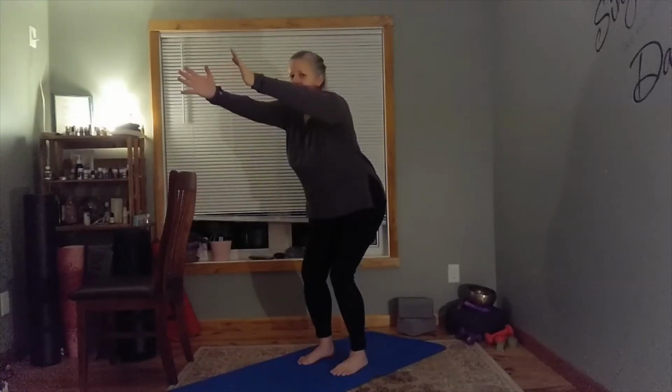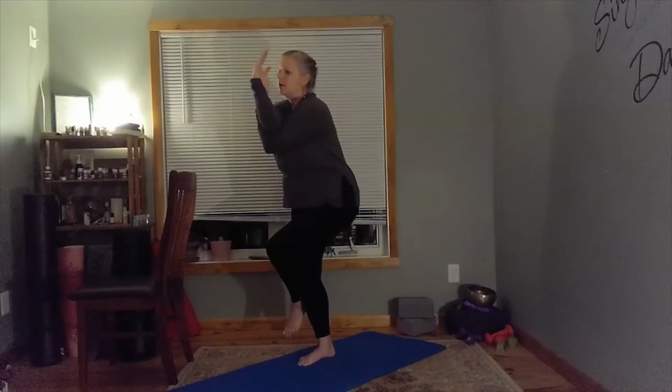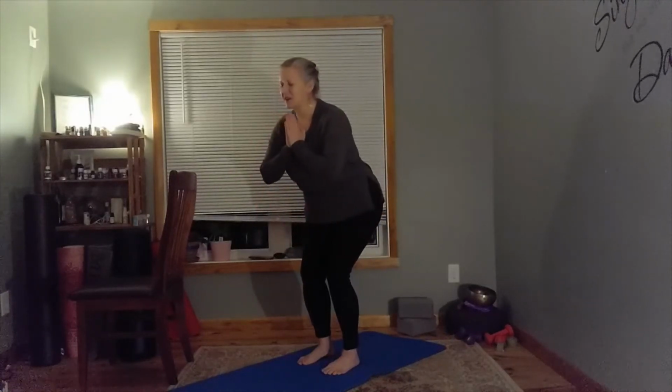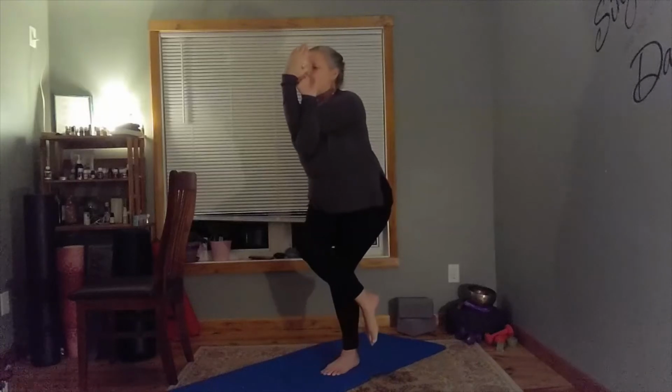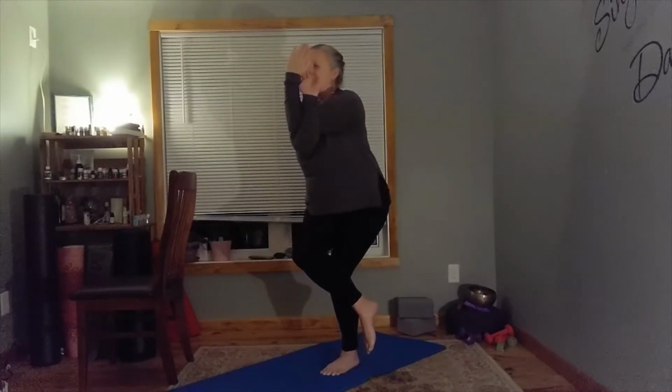Here, take your hands out, take your right arm underneath, wrapping it around, right leg over, holding in, eagle pose, and release, coming into our chair pose, staying with those knees very active, keeping all those leg muscles working. And coming out, left arm underneath, left leg over, and dropping back in,